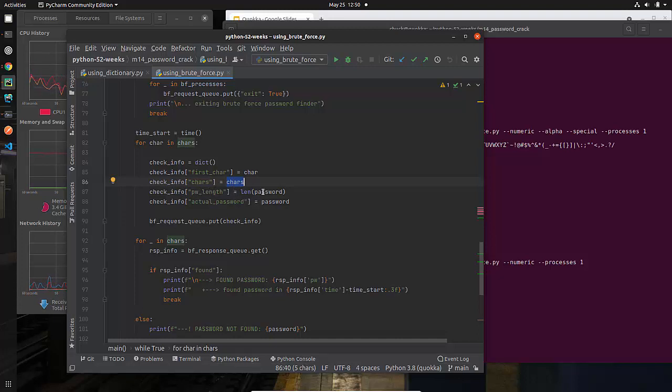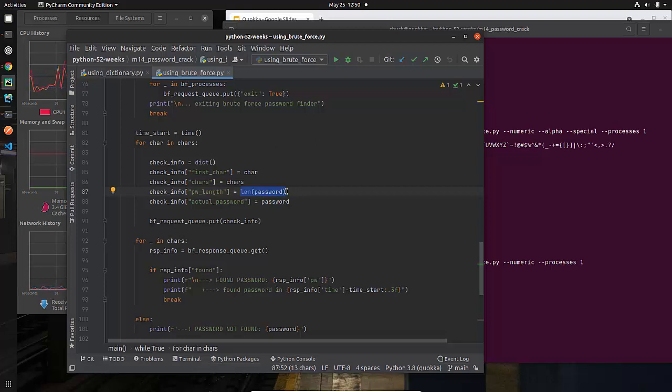This is the length of the password that was typed in. So if the user typed in 1234, I'm only checking for a length of 4 for the password. Now, obviously, when you are cracking a real password, you're not going to know that value unless you're doing something similar to what this is doing.